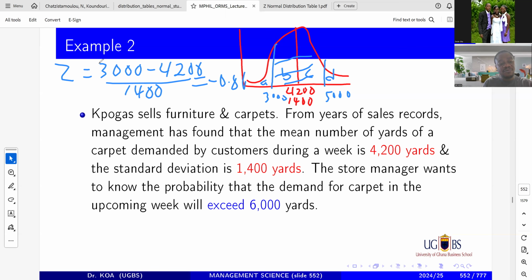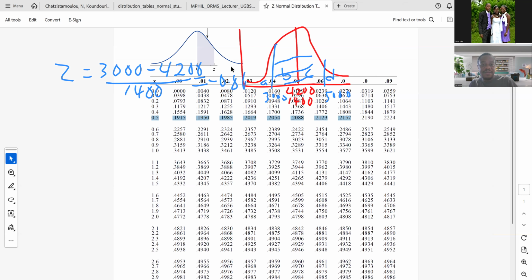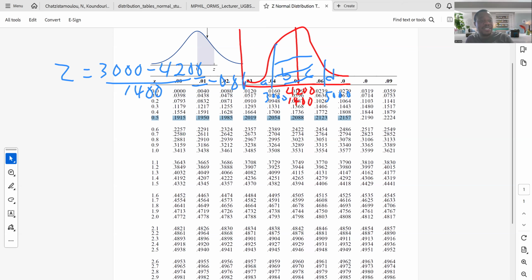So let's go to the table and read 0.86. That means you're going to read 0.8 under 6. Who can tell me what you get when you read 0.8 under 6? Don't say that my drawing has blocked your view. Some of you have never answered, either by typing the answer or raising your hand. Remember to partake in your own rescue. So when you do that, you're going to get 0.3051.